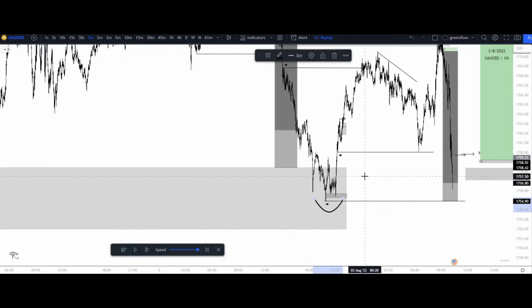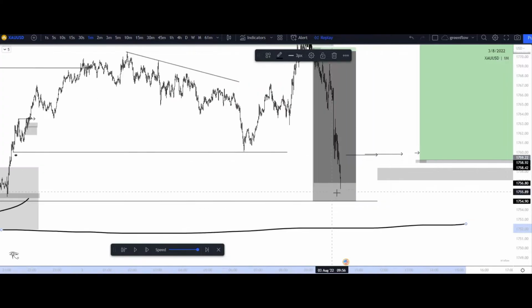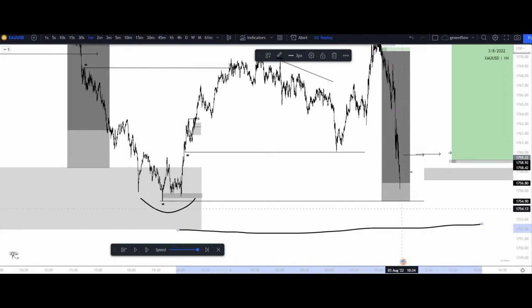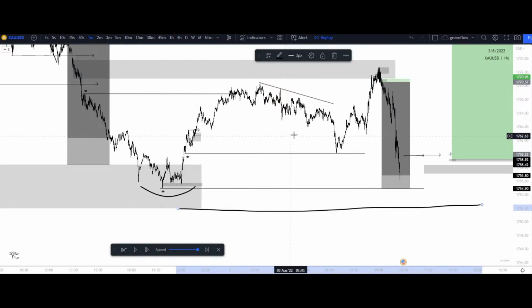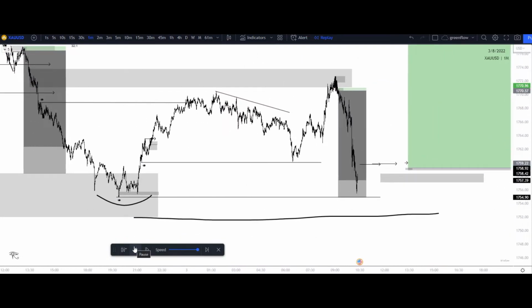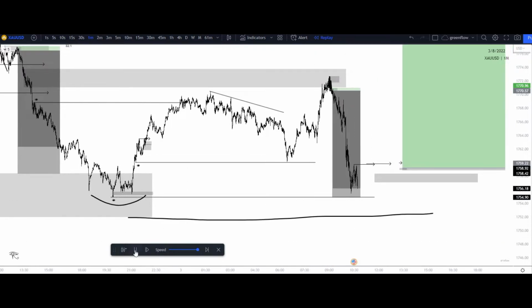right here. But remember, if we still respect this low that was created right here, do not break structure and show some type of liquidity raid, and instead break structure to the upside, then I will look for higher prices overall from our overall bullish structure. Internally we are bearish, overall we are bullish. So let's go ahead and watch what price does now. We have that area of liquidity.